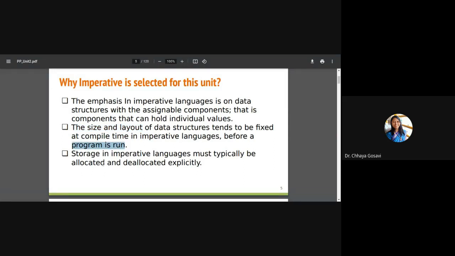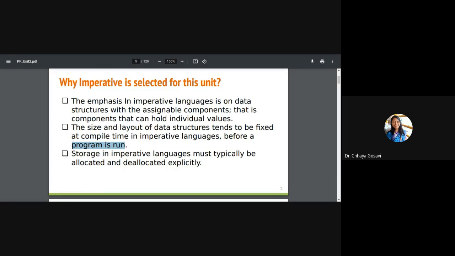In Java, we use the new keyword. If we are using a class variable or objects, then we use, for example, Complex C1 is equal to new Complex. Here we allocate memory at runtime. So the type or size of a variable is decided at runtime when the program executes. But this is not the case with C or C++.